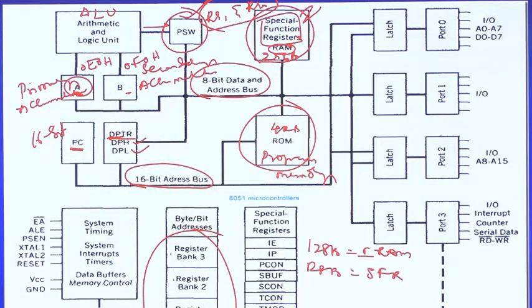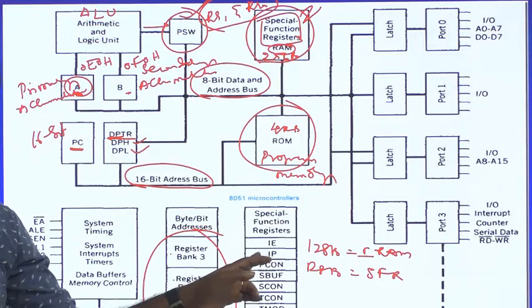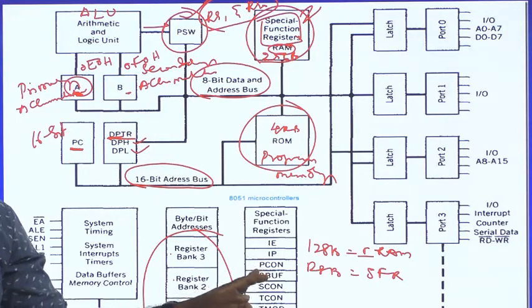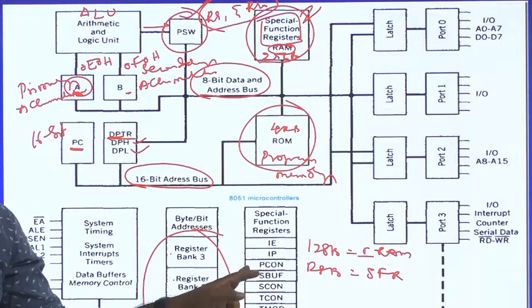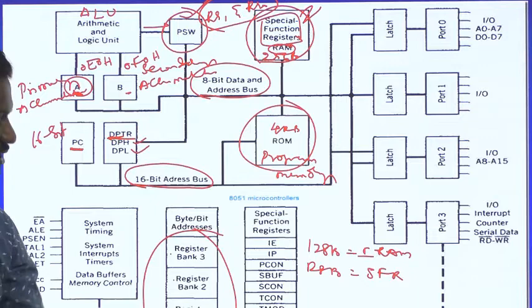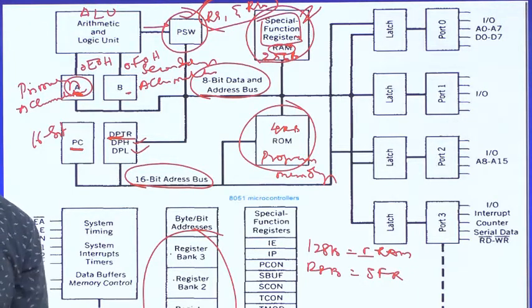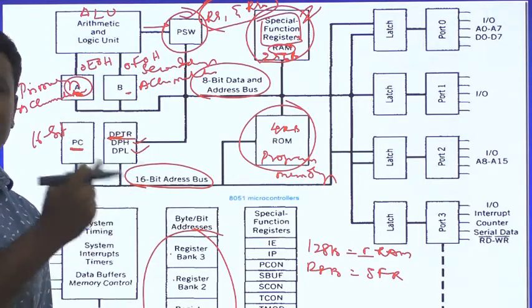registers, SFRs. See here, friends, some of the special function registers like IE, the interrupt enable register, IP, the interrupt priority register, PCON, the power control register, SBUF, the serial buffer register, SCON, the serial control register, TCON, the timer control register, TMOD, the timer mode selection register, TL0, timer 0 lower byte, TH0, timer 0 higher byte, TL1, timer 1 lower byte, TH1, timer 1 higher byte. I already told you, friends, that these are the internal registers found in this 8051